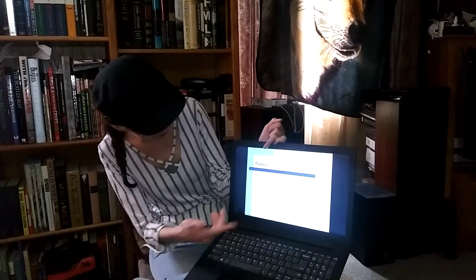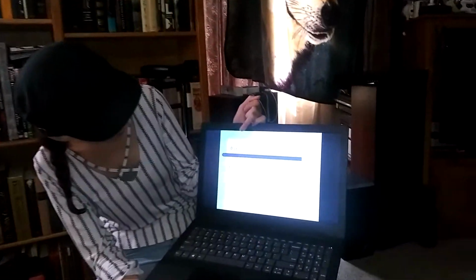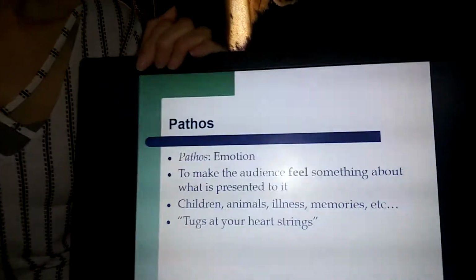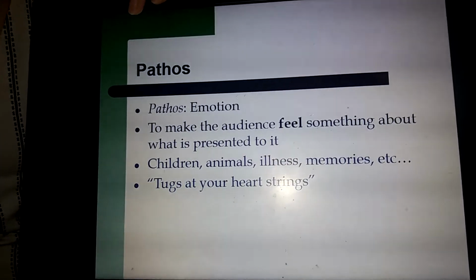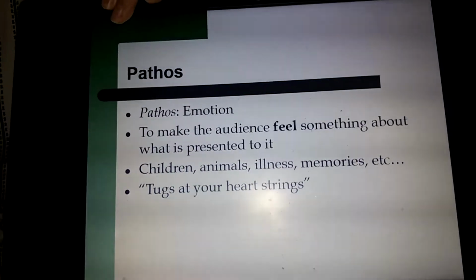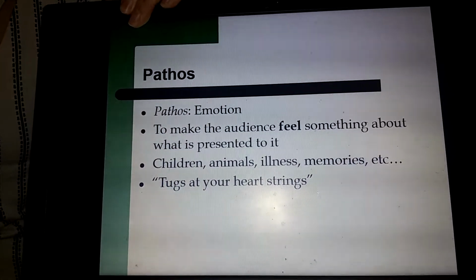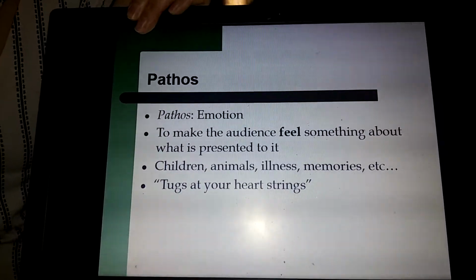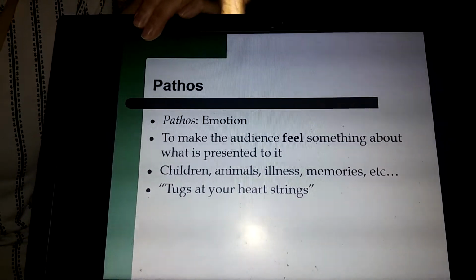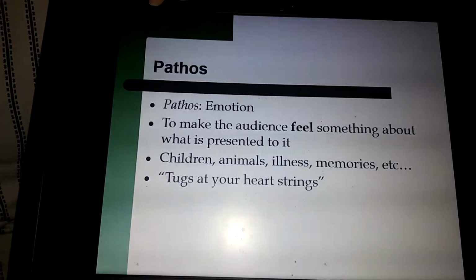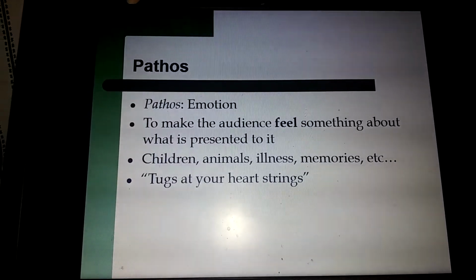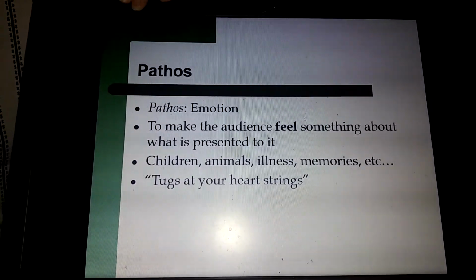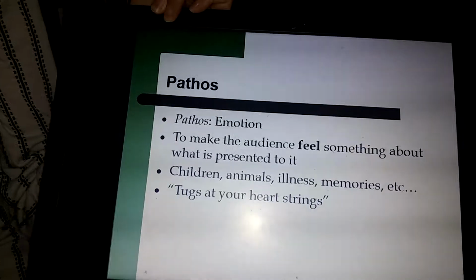Pathos has to do with emotion. Anything that evokes emotion, so go ahead and zoom in on that there. You want to make the audience feel something, and mainly the primary feeling that you want the audience to feel is guilt. So think about these commercials. Think about those dog commercials, save the dogs, save the children, all of that. The primary emotion they want you to feel is guilt. They want you to be guilty enough to buy this, or to do this for someone. So that's a big emotion that these advertisers want you to feel, that main guilt.